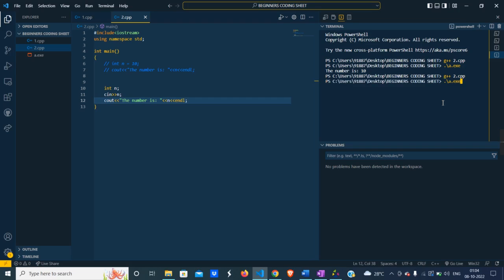So in the terminal, I need to give the input. So yeah, you can see the terminal is asking for user input. If I type 65, the output should give the number is 65. So yeah, here we get the output. So behind the scenes, what is the process? Why have I written cin and cout? It simply means